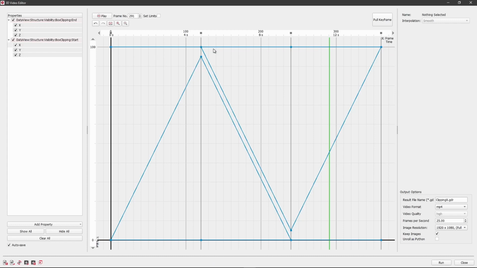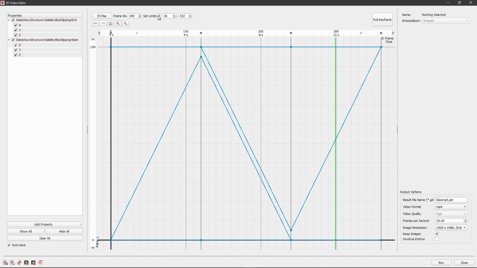The frame number field shows the current frame and can be set manually for fine-tuning. The Set Limit checkbox lets us specify a range to be played, from start here to end here. These values are also represented here in the UI by the green arrow and the red arrow. These can also be moved with the mouse by left-clicking and holding.